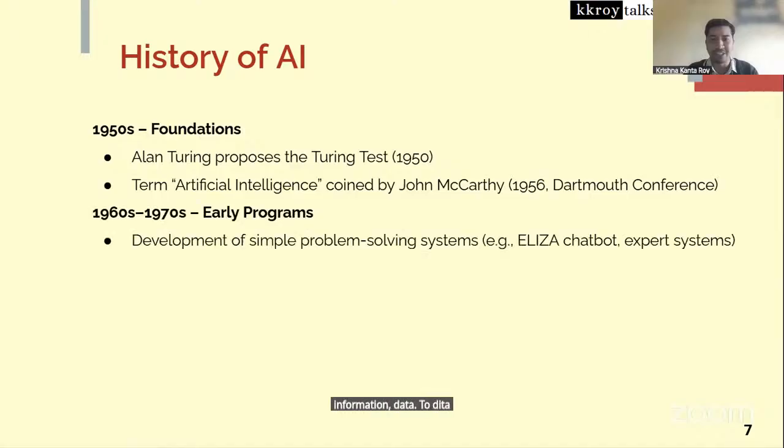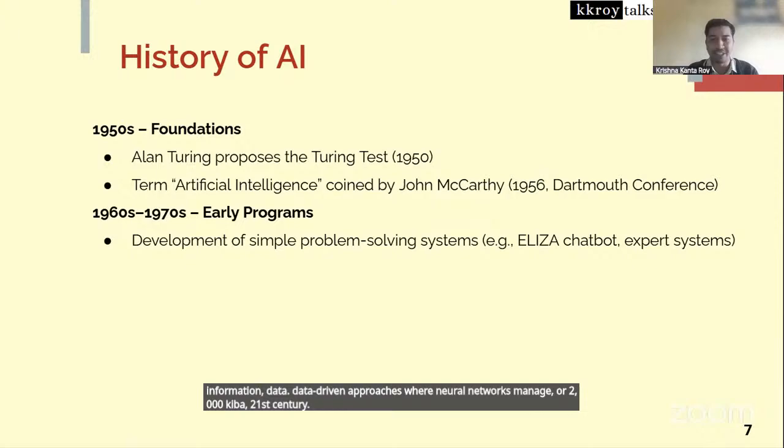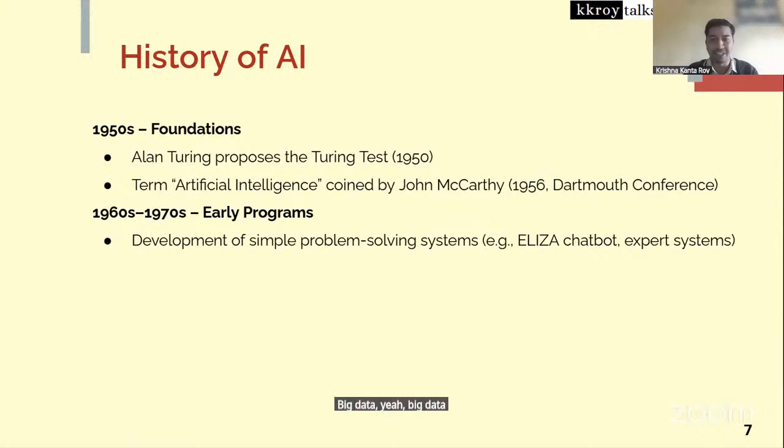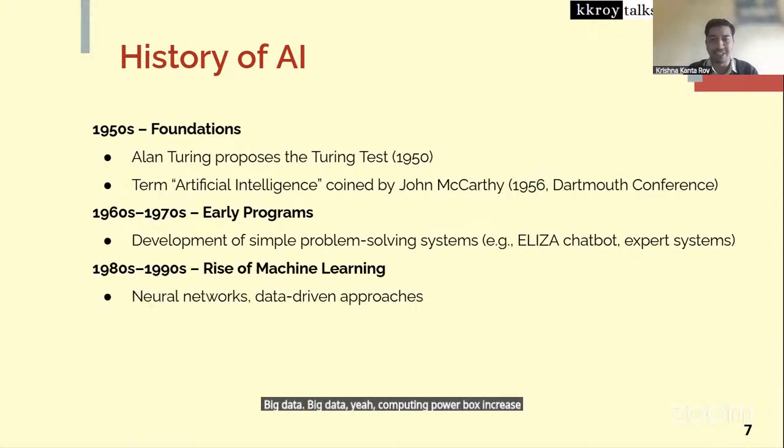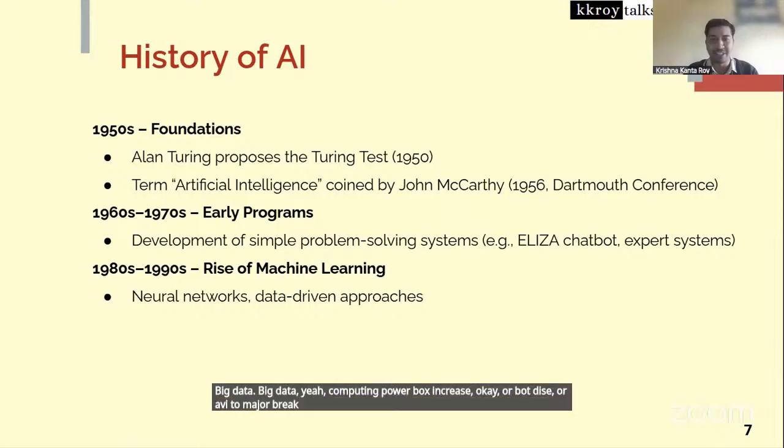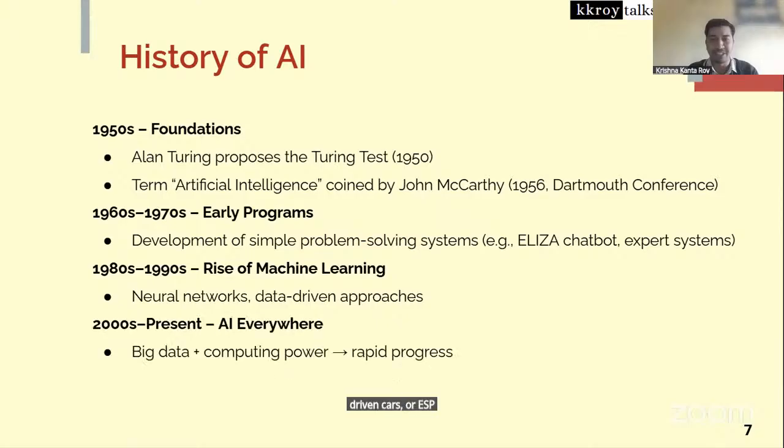तो डेटा आया, तो फिर उसके बाद डेटा ड्रिवन अप्रोचेस हुए, न्यूरल नेटवर्क्स बने। और 2000 के बाद 21st सेंचुरी में क्या हुआ, बिग डेटा आ गया, कंप्यूटिंग पावर बहुत इंक्रीज हो गया और बहुत तेजी से बढ़ने लग गया। और अभी तो मेजर ब्रेक थ्रू मिला है इन द फॉर्म ऑफ जेनरेटिव एआई, सेल्फ ड्रिवन कार्स और ये डीप लर्निंग, ये सब। और एआई को और एक तरीके से अगर समझा जाए, दिस इज फ्रॉम अ रिसर्च पेपर,